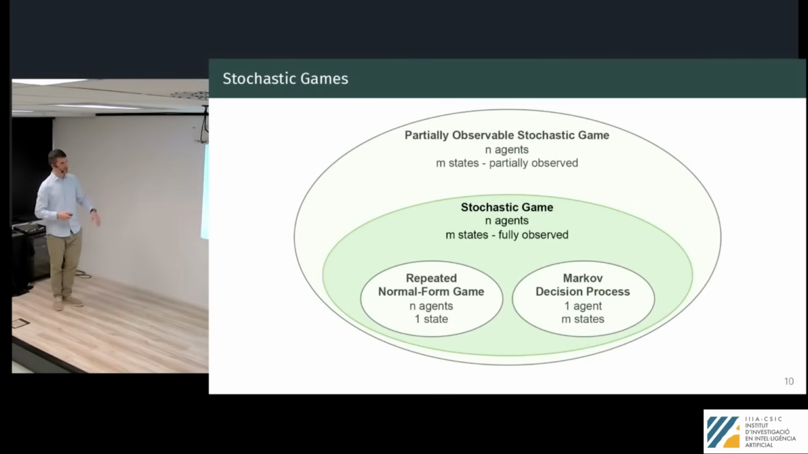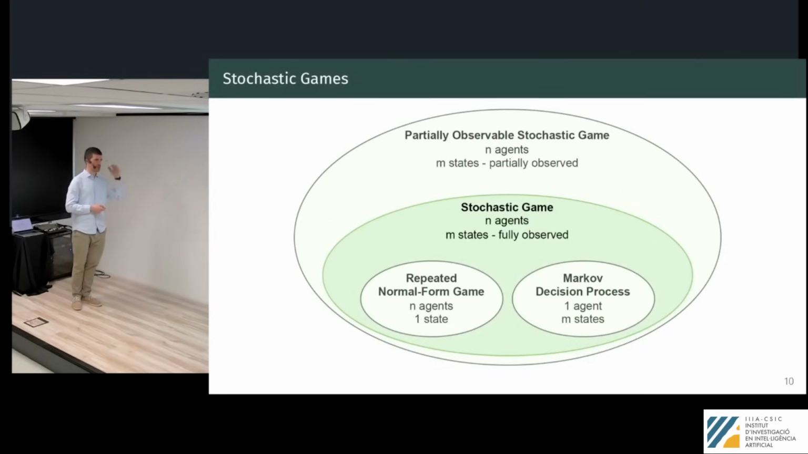Okay, so that's it. That's normal form games, and that's repeated normal form games. The simplest thing that we're starting with for game models. Next, let's move into a more complex setting, which is the stochastic game. Stochastic games are called that way because